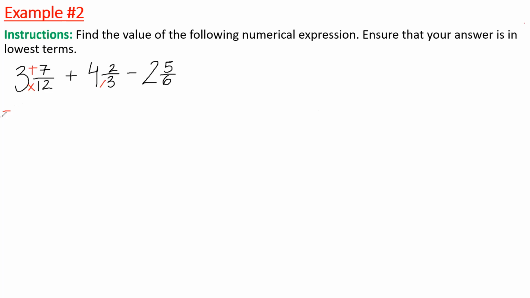No, 36 plus 7 is 43. It's going to be 43 over what? 43 over 12, right? So again, we do 3 times 12, which is 36, plus 7 is going to be 43. So we have 43 over 12, plus